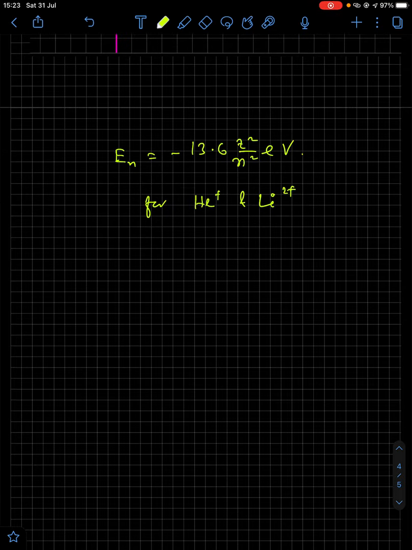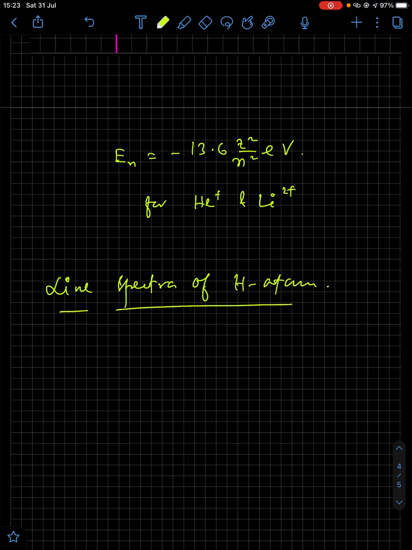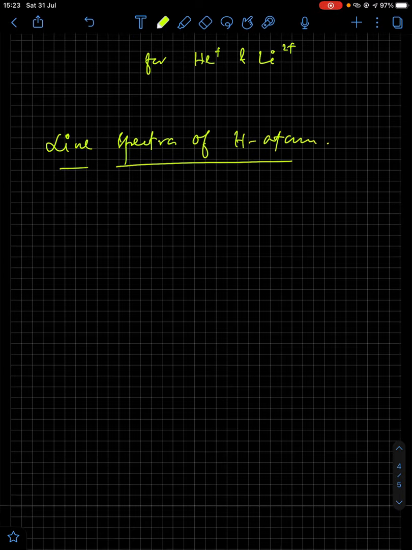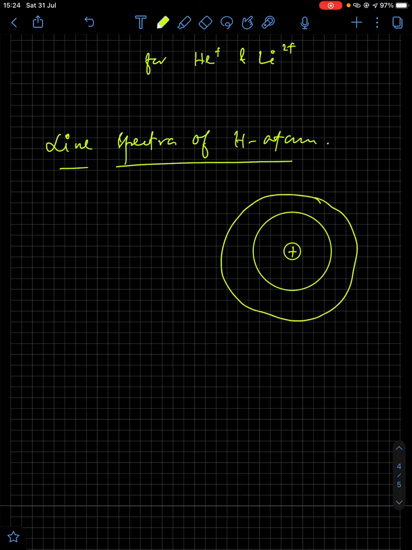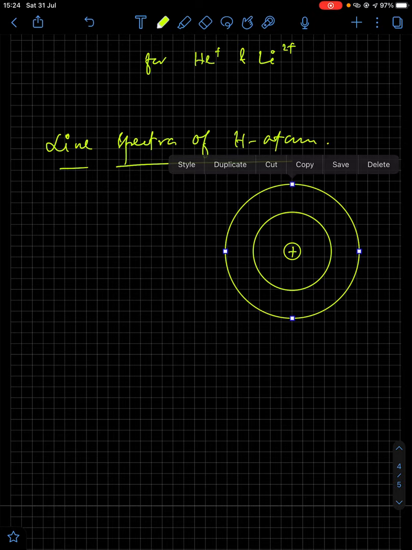Next we can see line spectra of hydrogen atom. So Bohr's third postulate, what does it say? Bohr's third postulate: whenever an electron jumps from a higher orbit to a lower orbit,